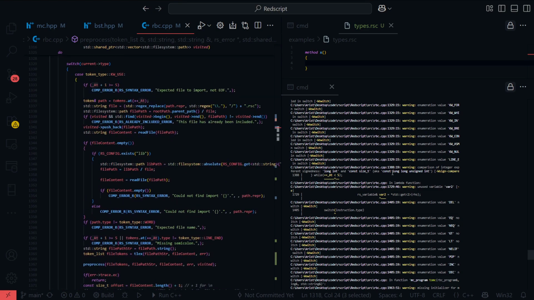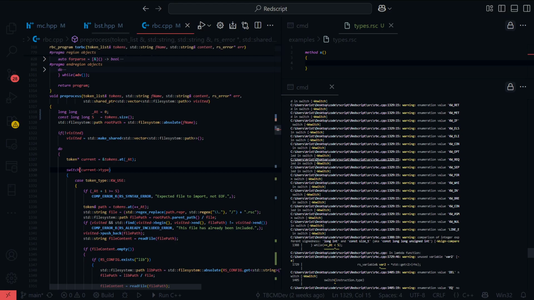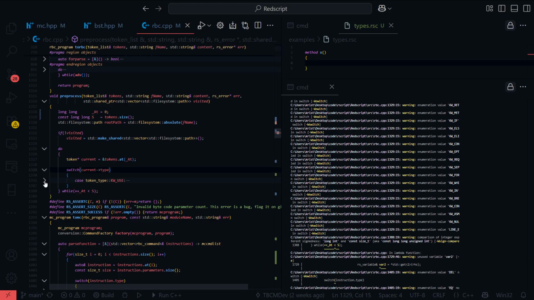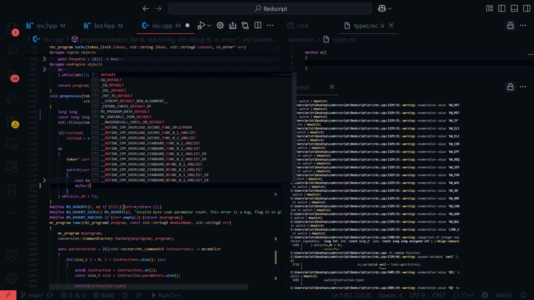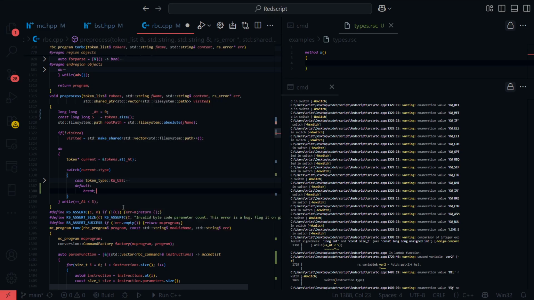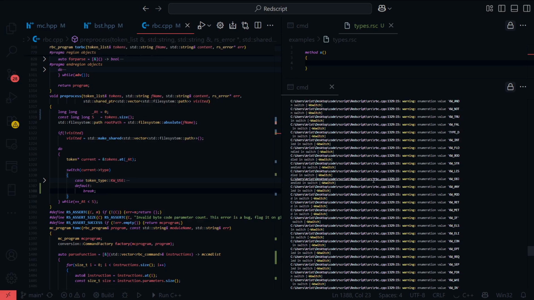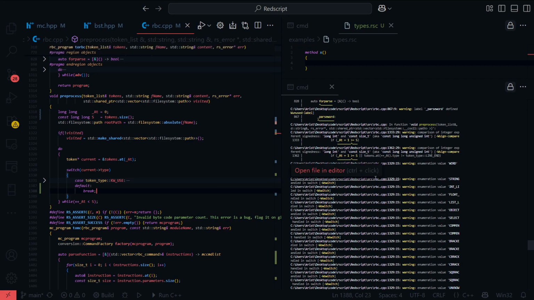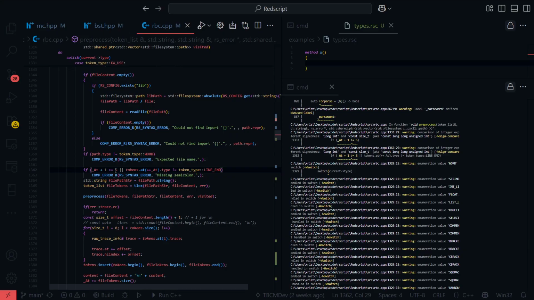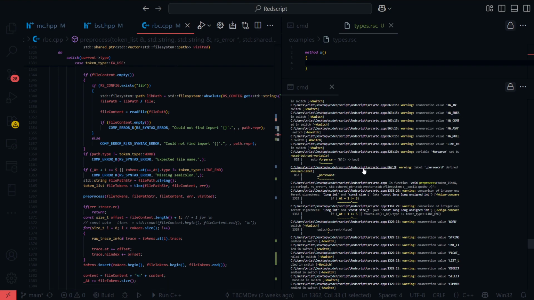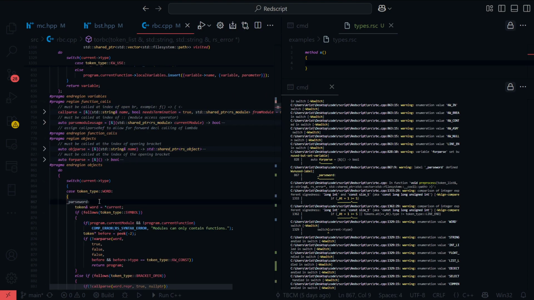Okay. Yeah, that should be fixed. Parse label defined, it's unused. Okay, I'll comment that out.